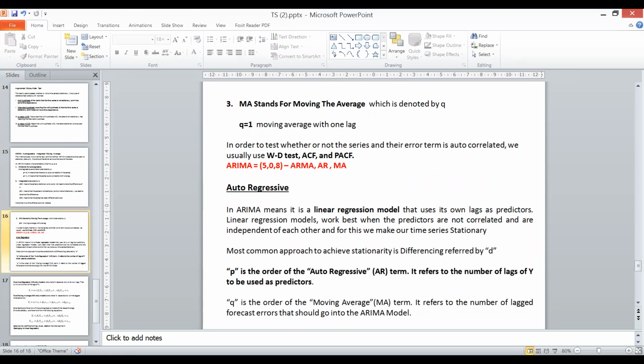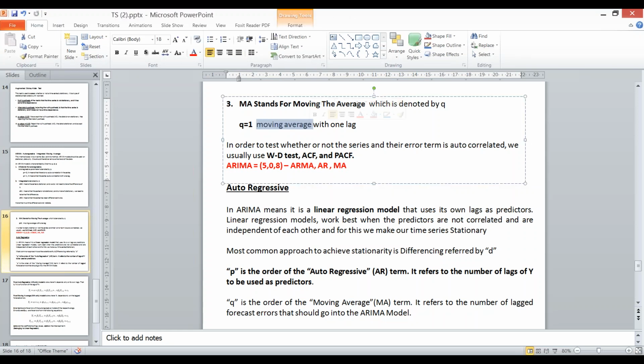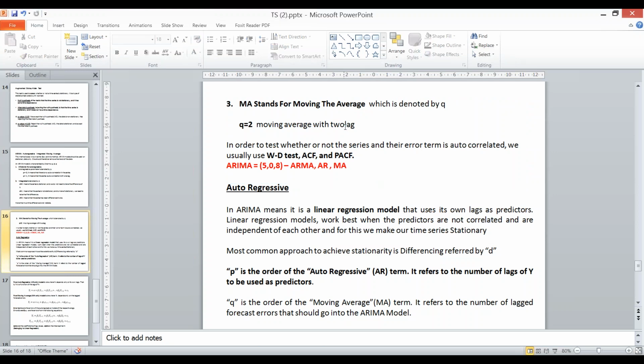Okay, and how do we find out the optimal value for AR and MA? You have corrected this, where auto correlation was written, that was wrong. So Q specifies the number of past values, lag values, to be considered to make predictions. You have corrected this, and if Q equals 2, with 2 lags, okay. Now how do we find out the optimal value for AR and MA?